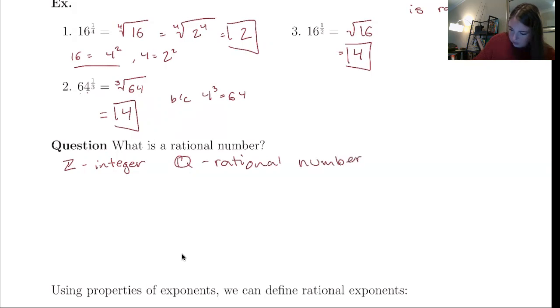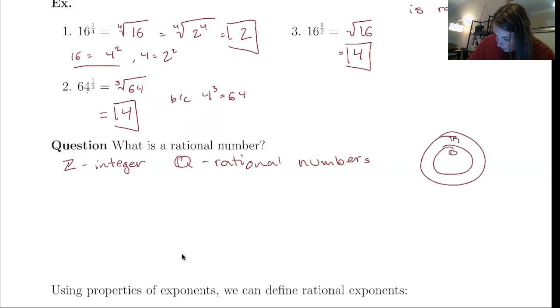So the rational numbers. If you ever learned, you have real numbers, which is R, that one makes sense. Rational numbers, integers, natural numbers. I think that's it. And then there's complex and imaginary, but we don't talk about those. So this is the hierarchy of numbers. So rational numbers